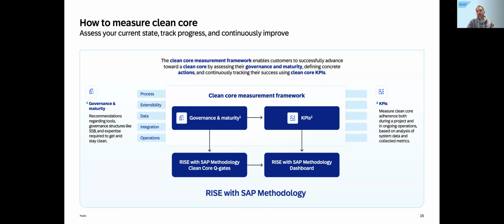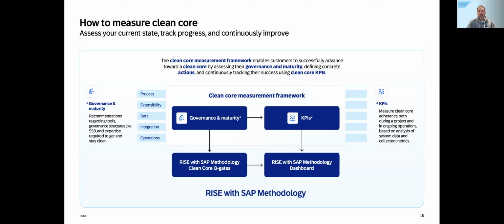And on the other side, we have the KPIs. The KPIs, in this particular case, are about process standardization. They look at the adherence: how much does your organization adhere to a particular KPI? I want to be 80% or 90% SAP standard. How well are you performing against this one? And they can be collected either automatically out of the system or with the help of the tools of the integrated tool chain, in this particular case, for example, Signavio and SAP Cloud ALM in the process context space.